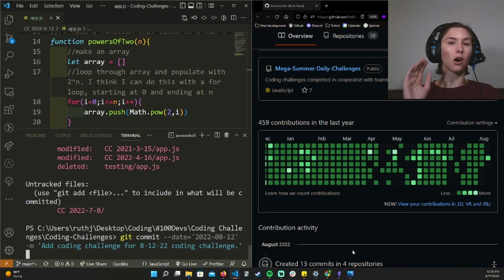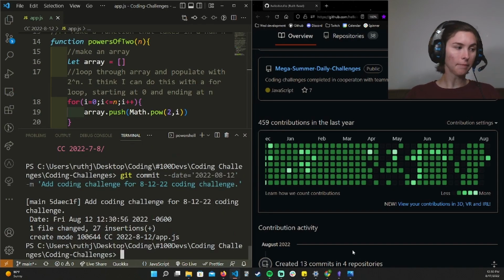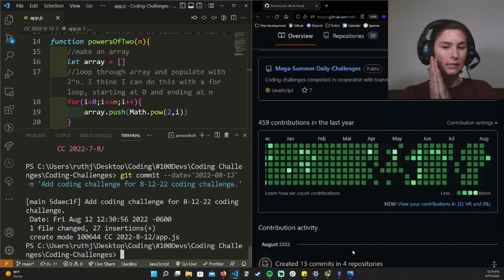Now, again, this is all one line. Now we're going to enter it. Okay, so you can see here it says that the date is now for Friday, August 12th, and that's the day it's going to push it. So when we say git push,